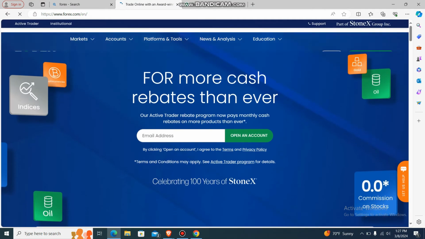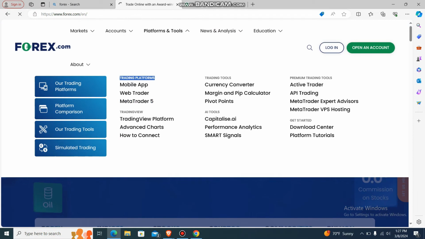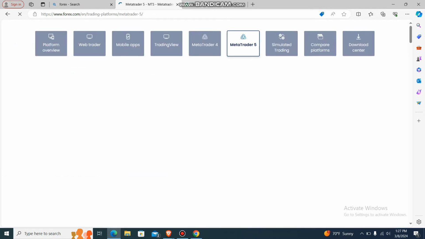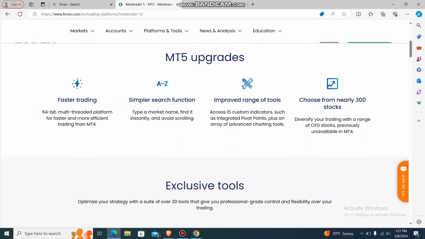So now what you're going to do is just go to your top menu and this platform and tools drop down menu, and over here on trading platforms you'll see MetaTrader 5. Just go over here. It might take some time, so have some patience guys. Okay, now you are in this particular platform, so just scroll a bit down,